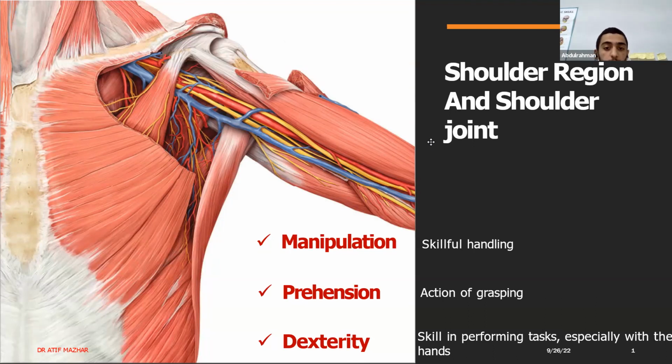Now let's start by describing the bony landmarks. We're going to start by talking about the clavicle, then the scapula, and then a little into the humerus. So first of all, the clavicle, what you should know